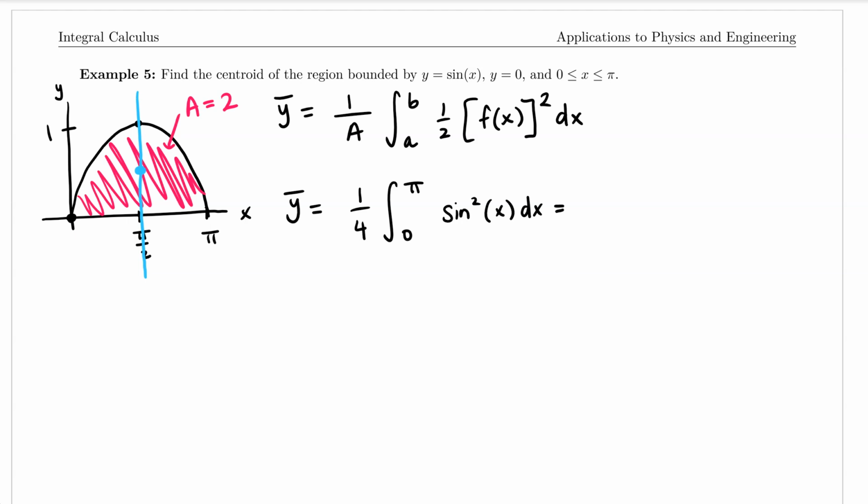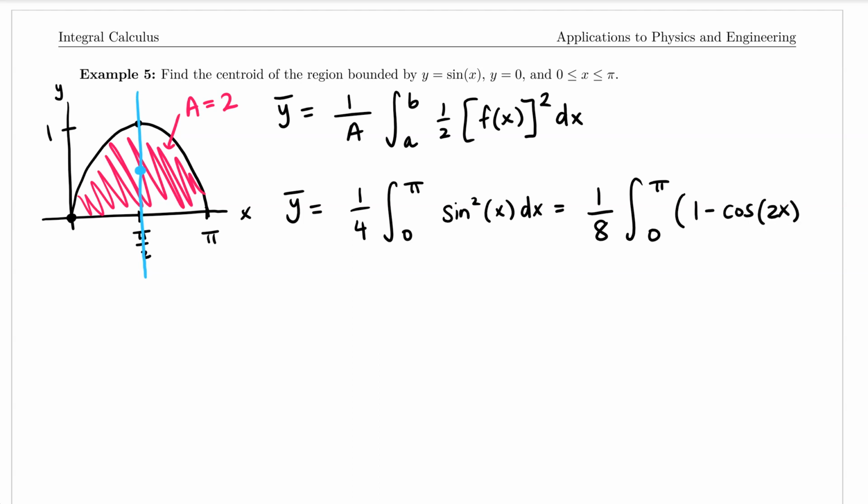Now, I'm going to use the power lowering identity for sine to be able to integrate this. So if I factor out the 1/2, that's going to give me 1/8 times the integral from 0 to pi of 1 minus cosine